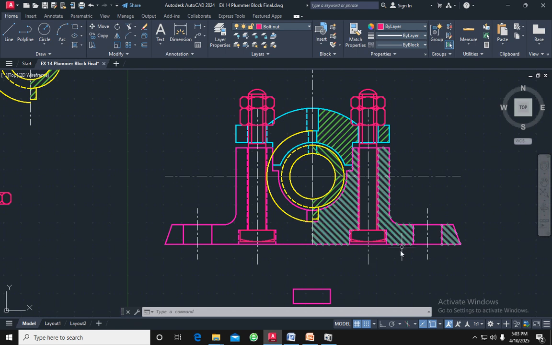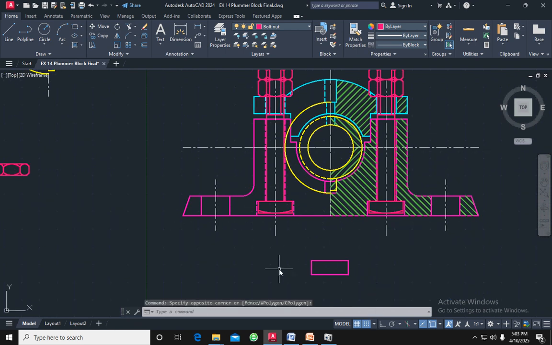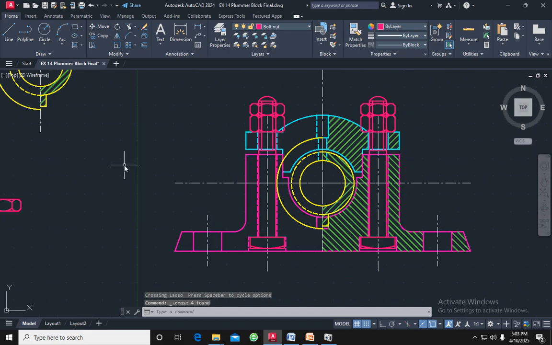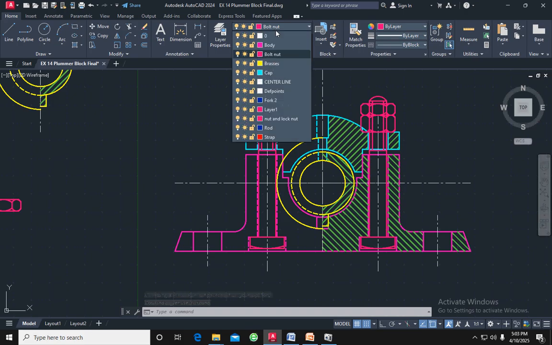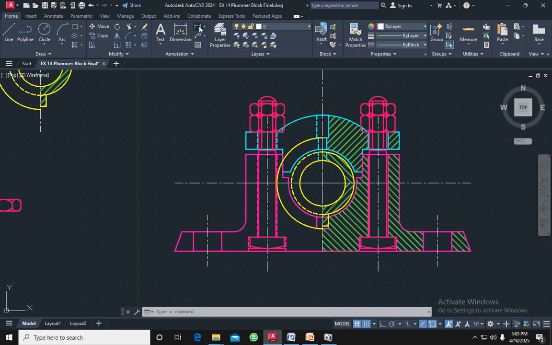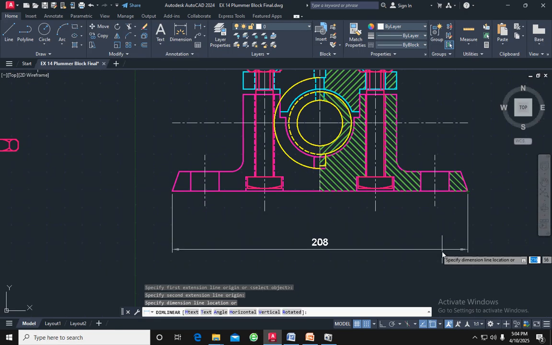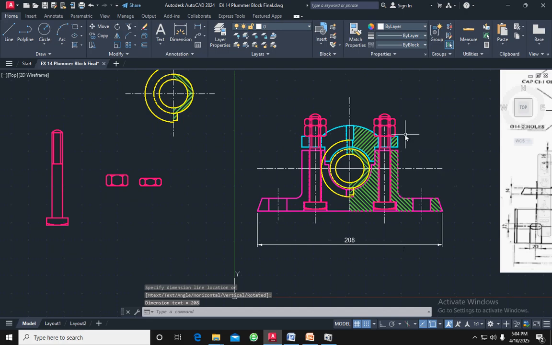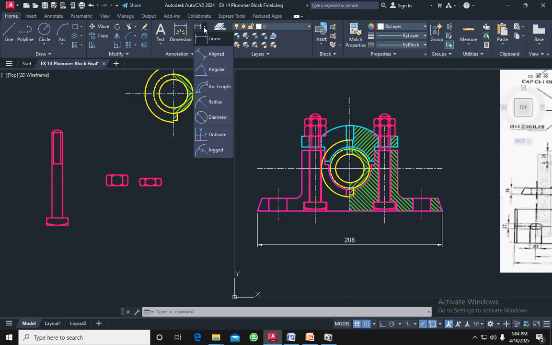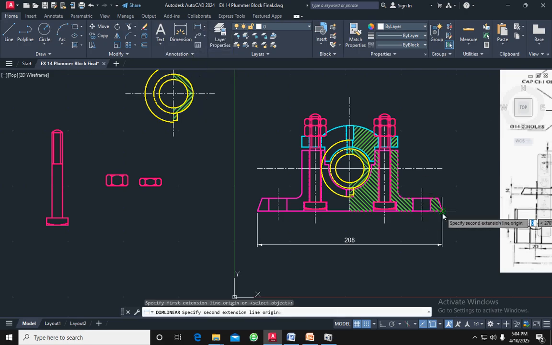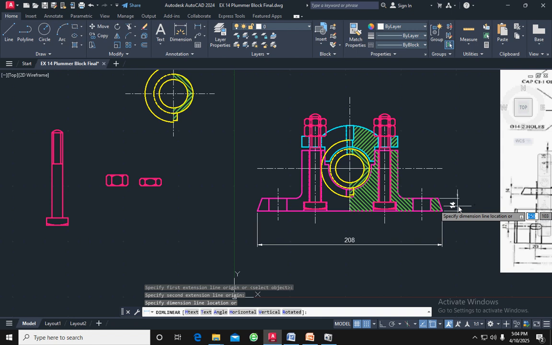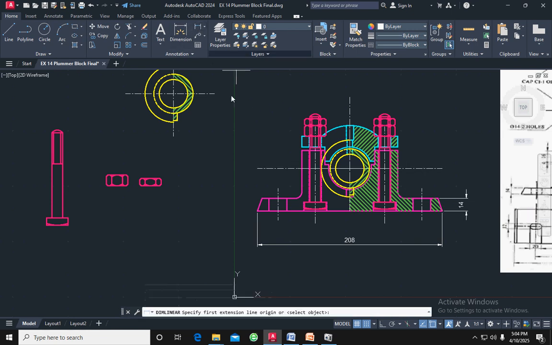Okay, now we want to delete the unwanted lines. After that we have to draw the dimensions. Here we have to use linear distance. Whenever we have time we use dimensions. Okay, it's a diameter. Next, linear distance from this point to this point, 14. Next this distance,